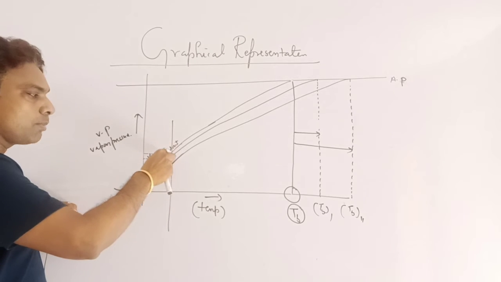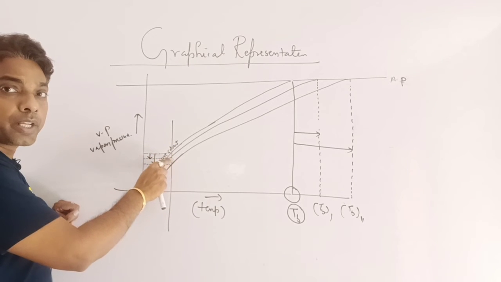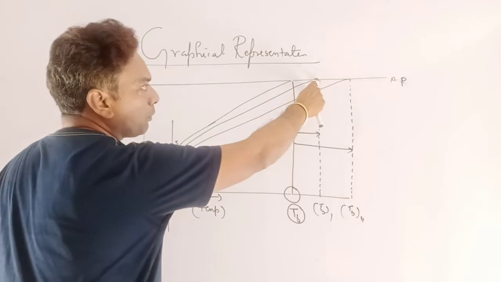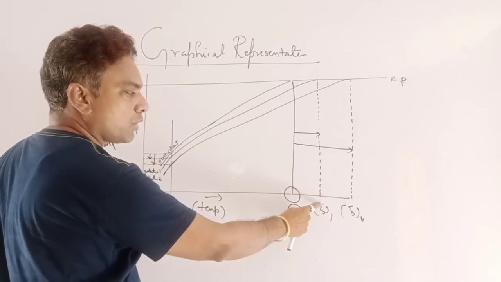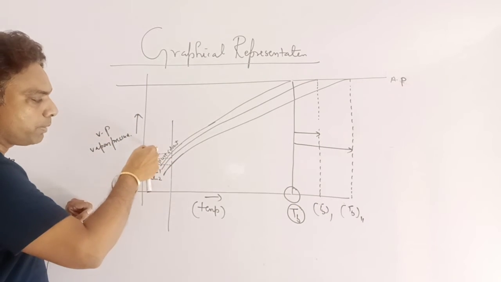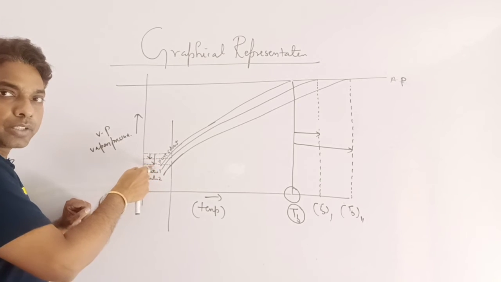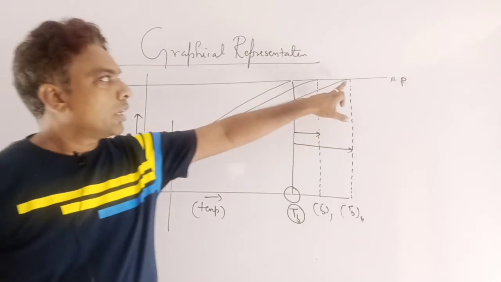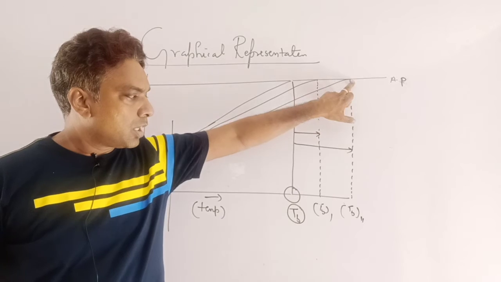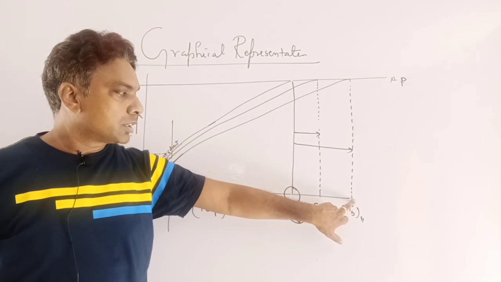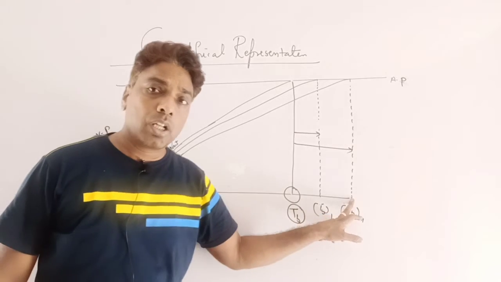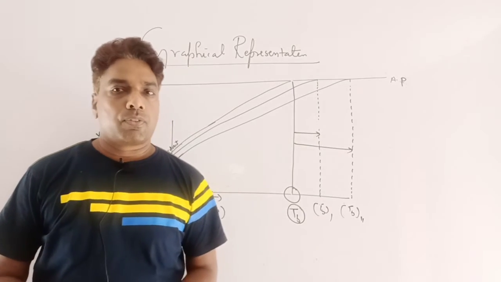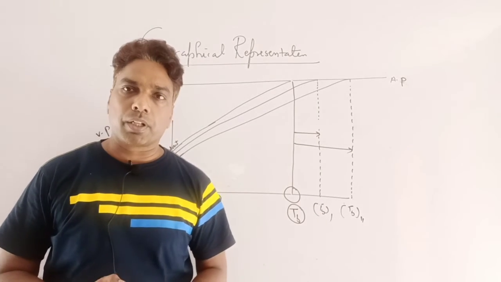Then after mixing a small amount of solute, the vapor pressure of solution 1 decreases, and this decreased vapor pressure, extended until it equals atmospheric pressure, gives the boiling point of solution 1. And after mixing more solute, the vapor pressure of the solution decreases further, and after extension it touches the atmospheric pressure, and the corresponding temperature shows the boiling point of solution 2. So more solute gives a higher boiling point, as shown in the given graph.